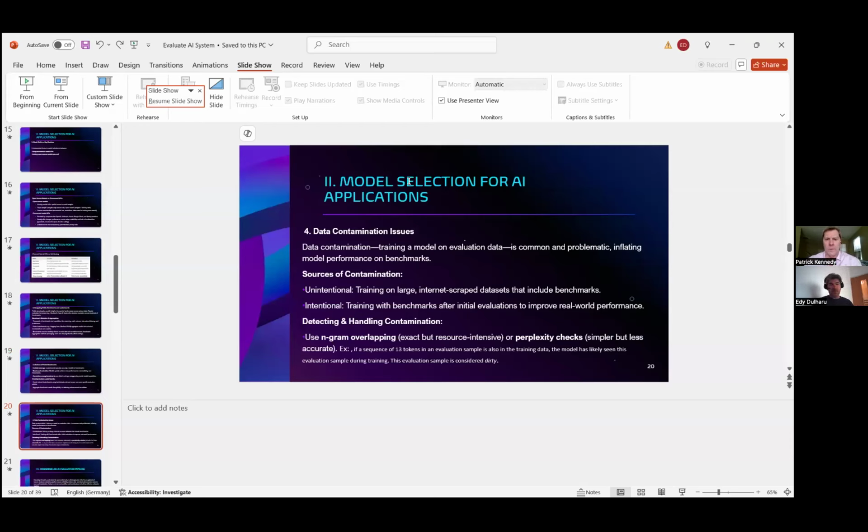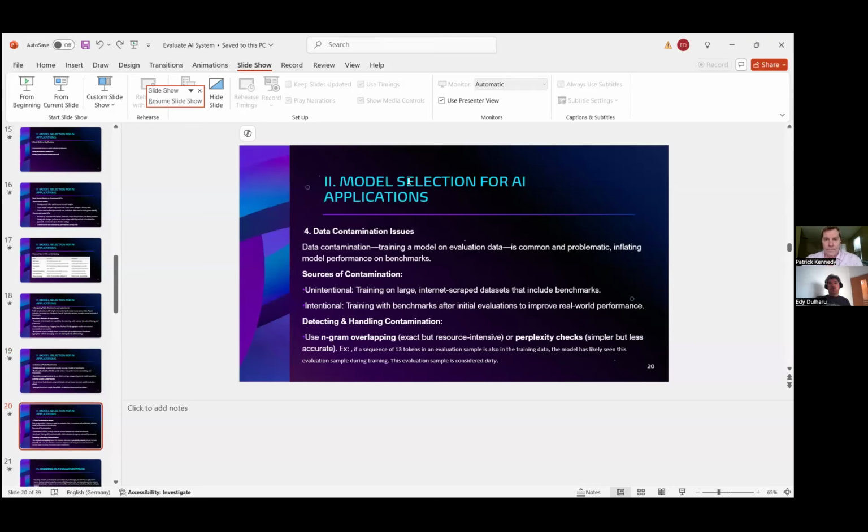Please tell me if you don't see 18. So we see 20. At least I see 20. You see 20? Yeah, I think you're on 20, which is model selection for AI applications, number 4, data contamination issues. Oh, okay. It's strange. I was on 18 because you said to go back. So now I'm on 18. Do you see 18?